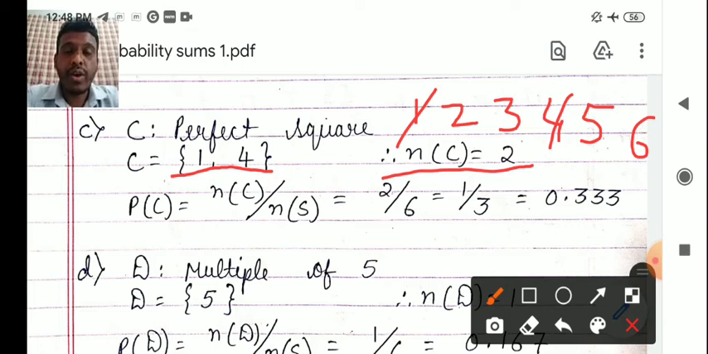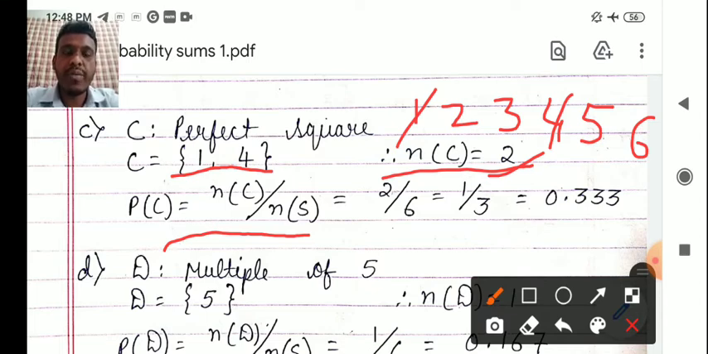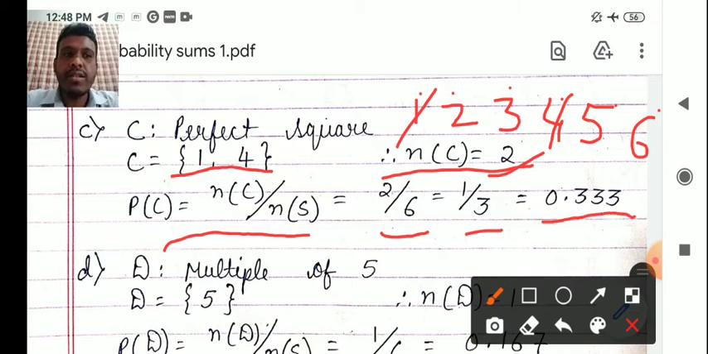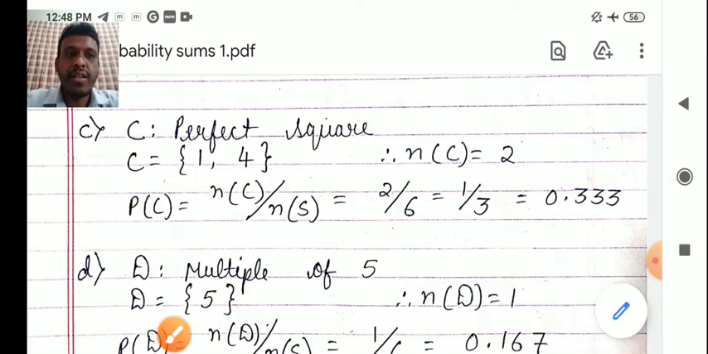Probability of C is equal to n of C upon n of S, which is equal to n of C is 2, I've got here, n of S is 6, we have found it. n of S remains 6 because 1 2 3 4 5 6 is the number of items in the sample space, and that remains same for the entire problem. So 2 upon 6, which is equal to 1 upon 3, that is nothing but 0.33333. It goes on, you can write up to 2 or 3 decimal places. Fine. Next problem,